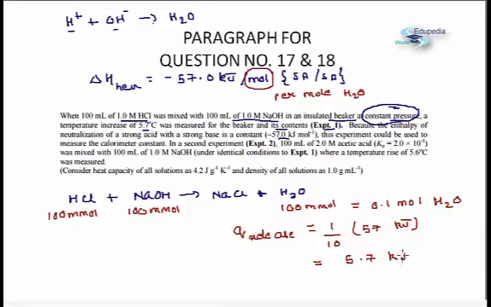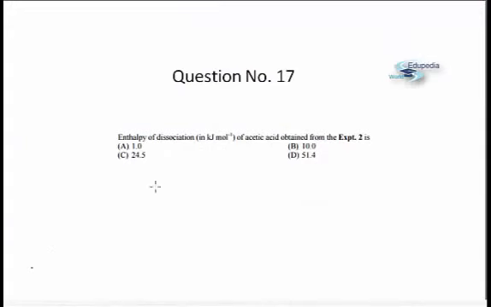Fine. So this is the amount of heat that will be released, and further, it says that the temperature rise is 5.7 degrees centigrade. So if I take the calorimeter constant as, let's say, CT, I'll just take you to the next page. We'll read the question later on. If I just take the calorimeter constant as CT, so I can say that